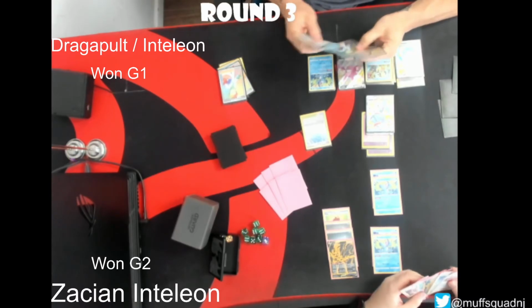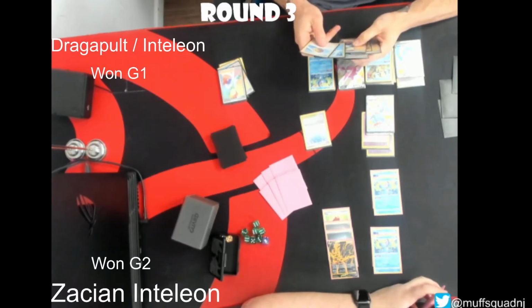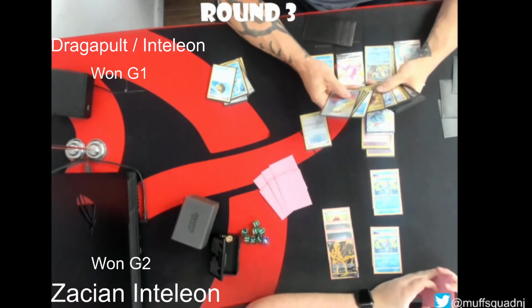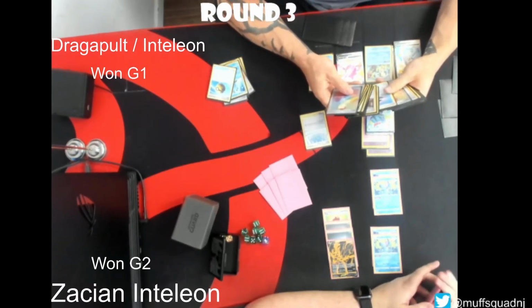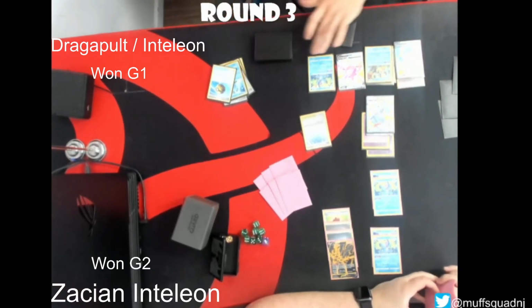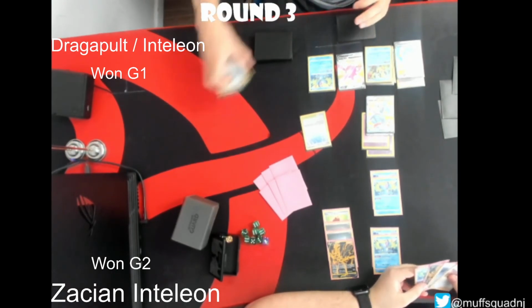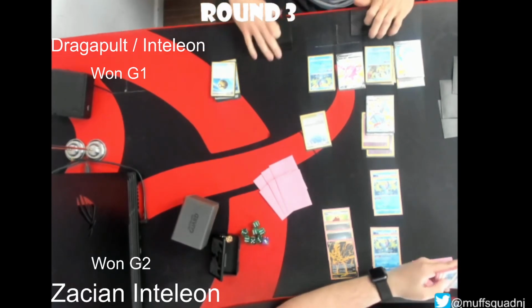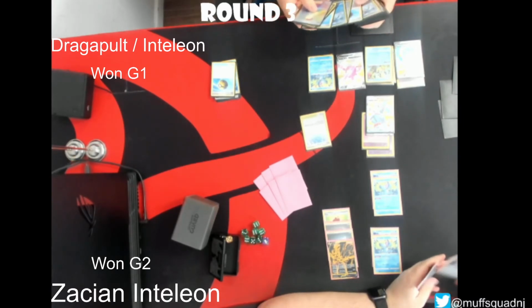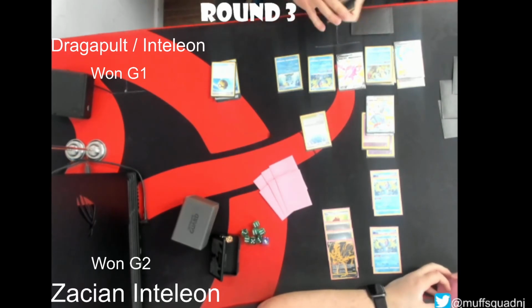I don't think... is he not going to use Shady Dealings here? That is the Shady Dealings Inteleon. Interesting. He's playing a Quick Ball now. Interesting. He did evolve that Inteleon this turn, and I guess he just opted not to play the Shady Dealings, which will allow him to search his deck for 2 trainer cards and put it to hand. Instead, this is, I believe, a Quick Ball search that he's doing still. So to grab a Sobble,